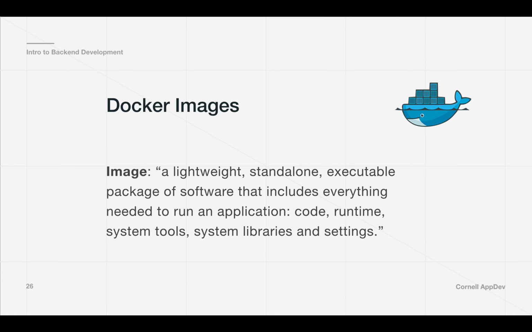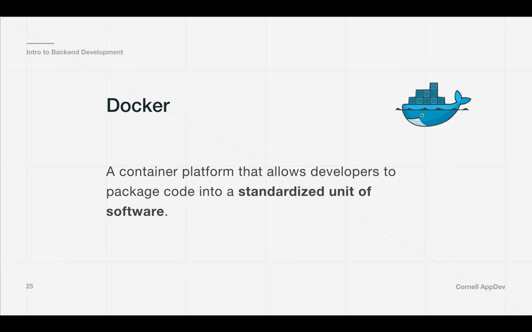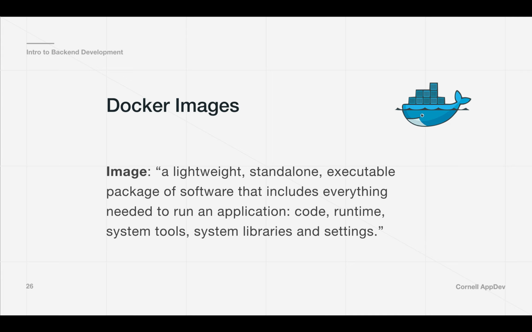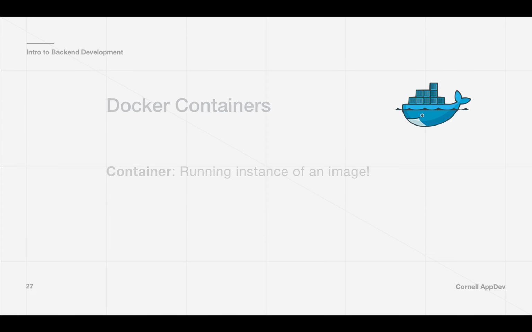And so Docker, if we go back, it defines itself as a container platform. We're going to get into exactly what that means. So Docker is split into images and containers, right? So images are a lightweight, standalone, executable package of software that basically includes everything that you need to run an application. And this includes stuff like the code that you write, runtimes. This might refer to, oh, what version of Python are you running? What version of SQLite do you have installed on your computer? System tools, system libraries, these just refer to libraries that come with your computer. Like Unix is based on C libraries, right? Yeah, okay. And containers are just running instances of images.